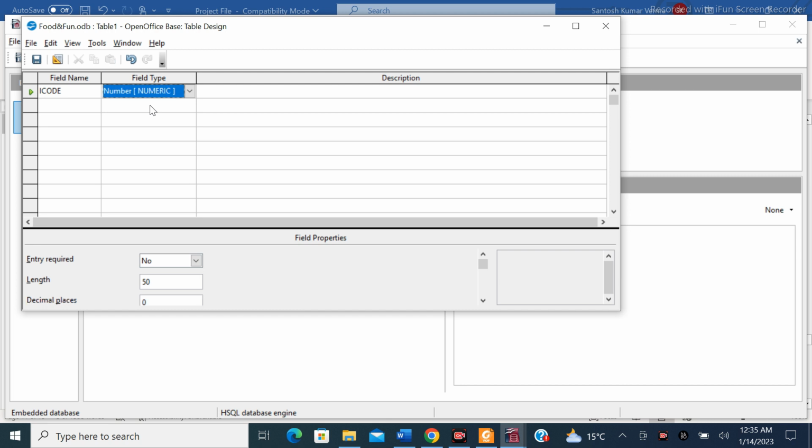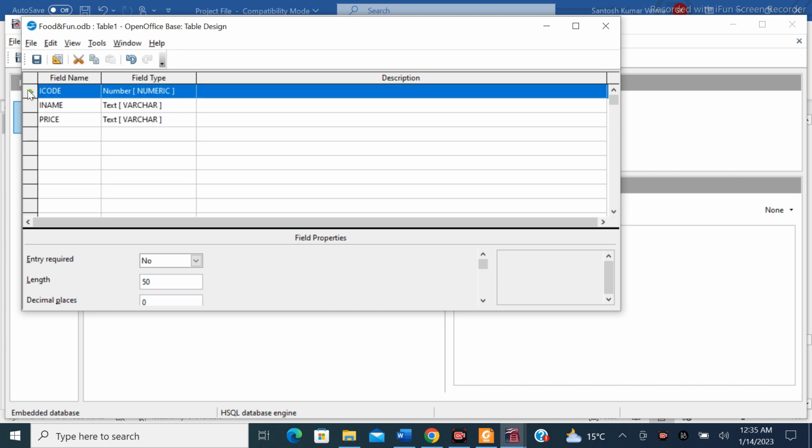Let it be numeric. Next is I name. Let it be varchar. And last one is price. Let me make this I code as primary key. So right click on that field and click on primary key. That's all. Now save the table,